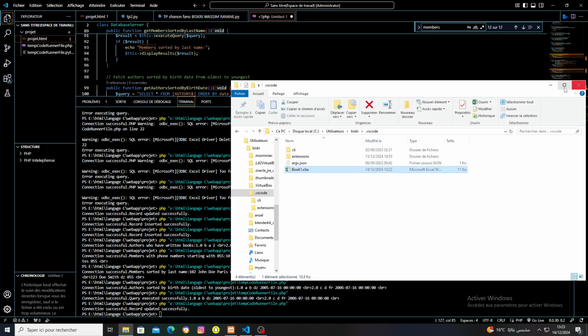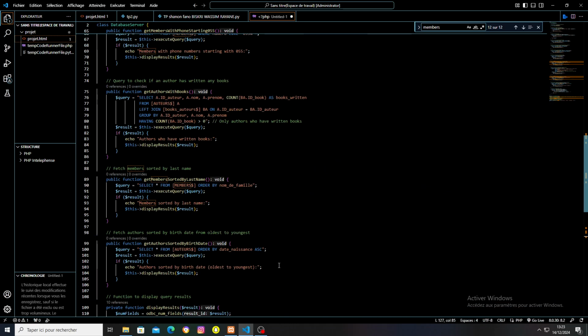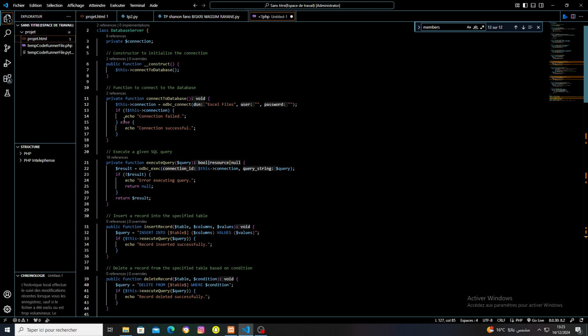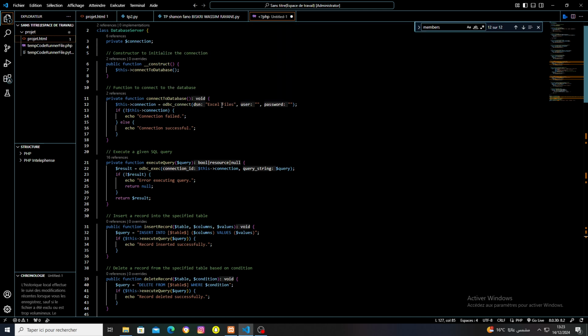Okay, so we will explain the code. Here I created only one class. It's the database server class. So here it's the function to connect to the database, and here I connected with ODBC, connecting Excel files,